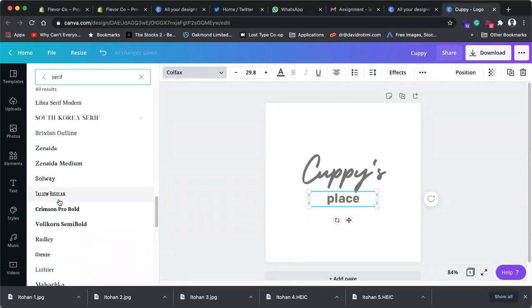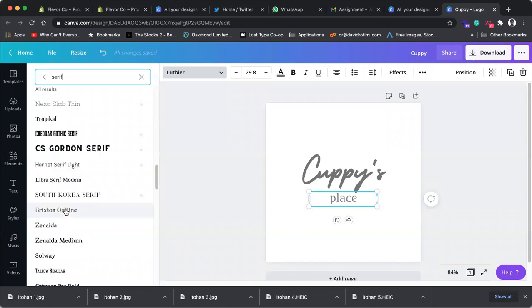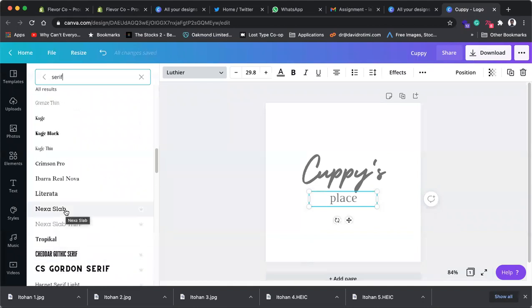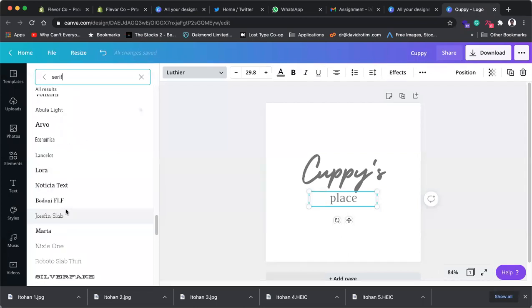All right, so let us find a very nice font that doesn't have too much drama. I'm not sure I really like that one. I'm trying to find one that is simple. One of those popular ones is Playfair Display, which was in the example that we had. Okay, so let me use this. This is kind of like a really classy, rich font. So if you want to have a blend of feels, if you want it to look calm and classy, if you want it to look rich and free, you can have that mixture with the types of fonts that you use. Okay, so copies here is like the really calm, cool, gentle, relaxed, and then place has a type of